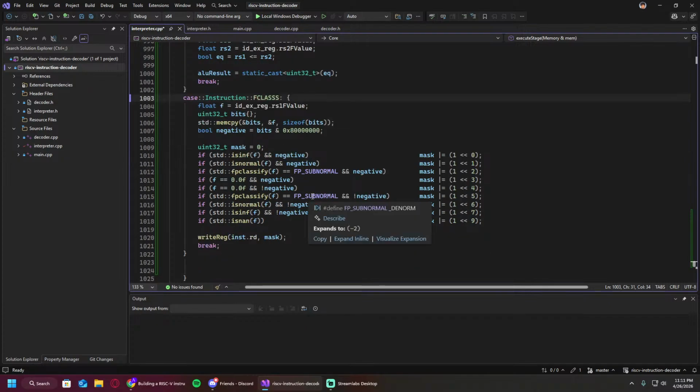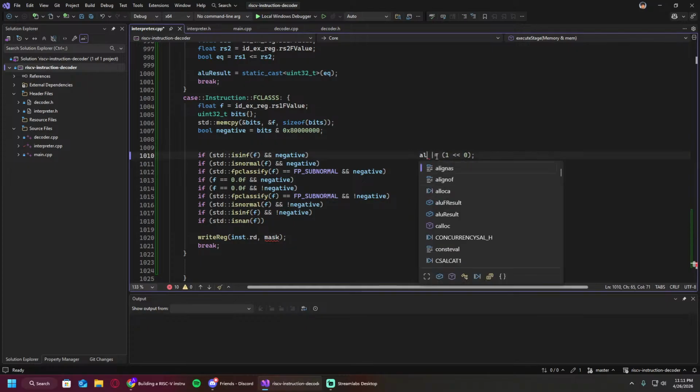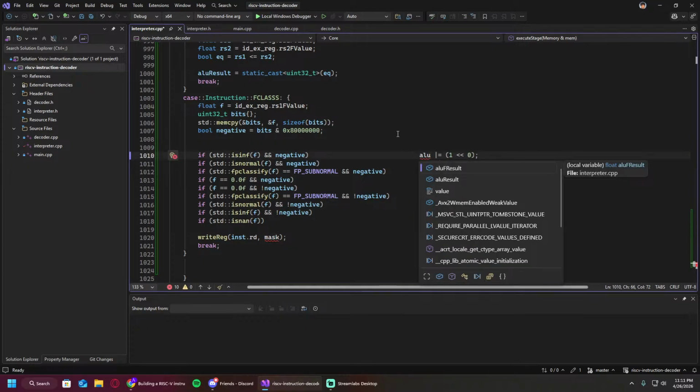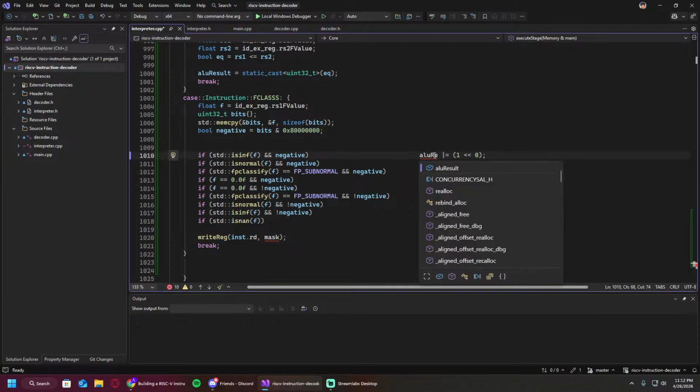What are we actually storing to the register? We're writing mask to the register, so we don't need the mask anymore. Instead, we want to change all of these values to be the alias result itself. Wait. Yeah, it's just a regular integer value, I believe. Let me just go back. Yeah, it was an integer value. Yeah, so we want it to be